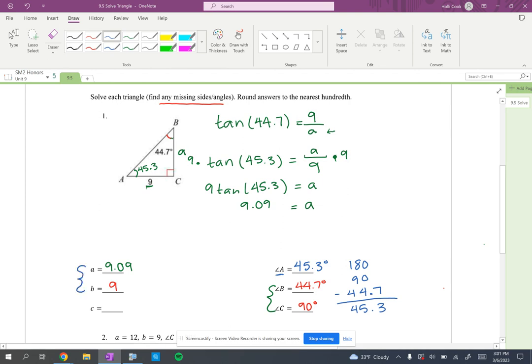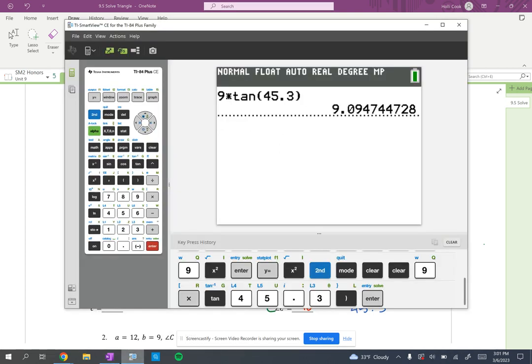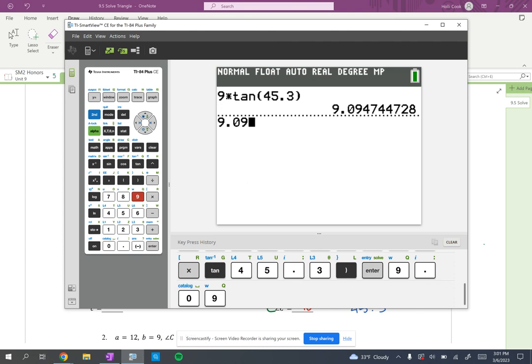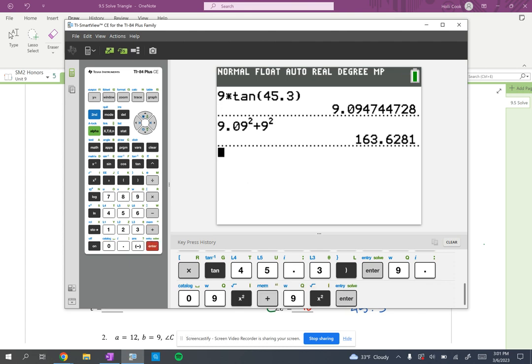So if we've got two sides, we can go ahead and do Pythagorean theorem, and you can choose again which way you prefer to do it. Either way is correct. So I've got 9.09 squared plus 9 squared equals c squared. And then let's go type that in the calculator. 9.09 squared plus 9 squared gives me